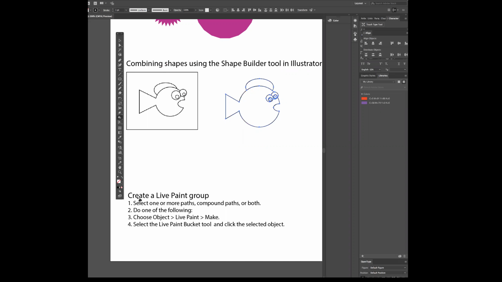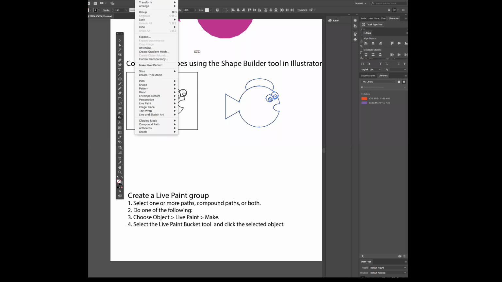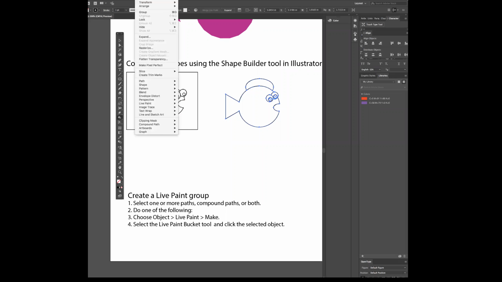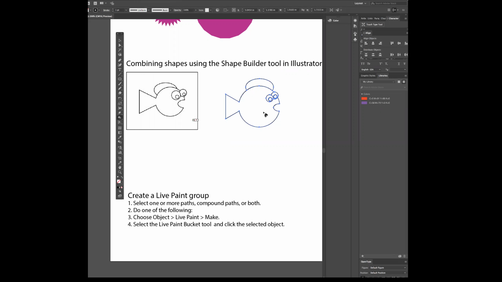But first, I put a little four-step process here to activate your Live Paint Bucket and get your objects ready. You go to Object, scroll all the way down to Live Paint, and click on Make. Then you go back to Object, select Live Paint, and go to Expand. By doing that, it activates this area to be ready for your